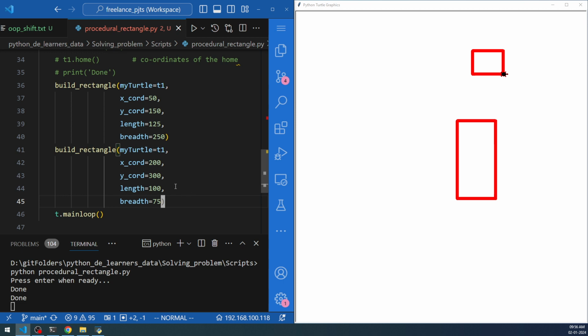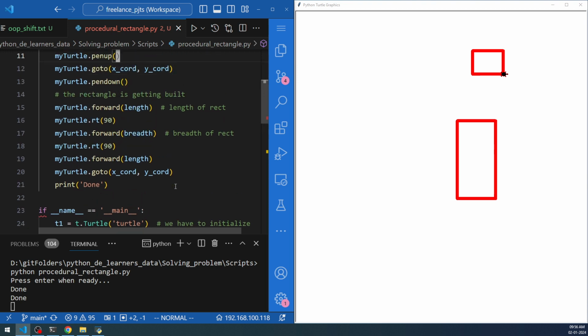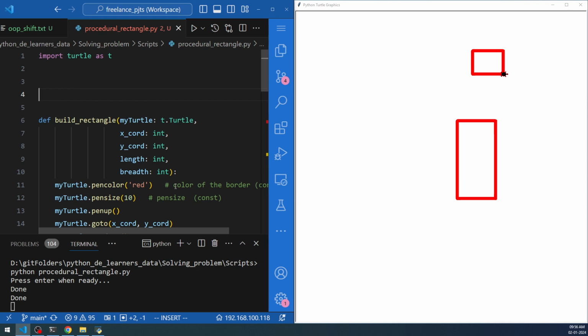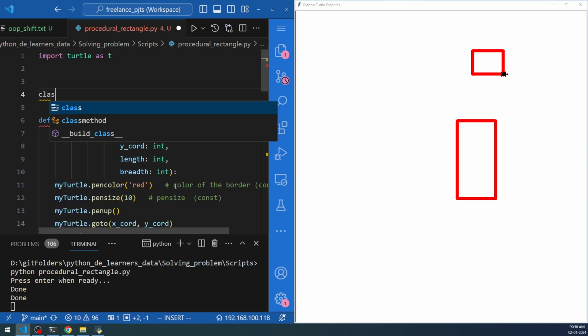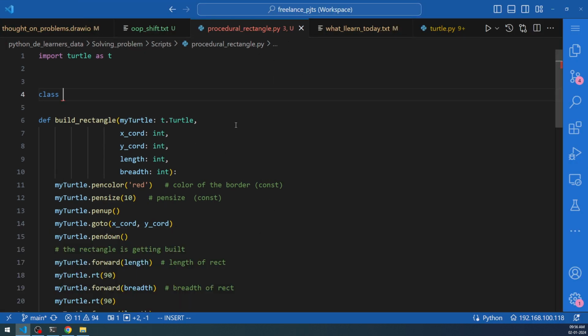Before that, we have to actually have a small primer on object-oriented programming. So this is the build rectangle that we have done, and we are going to now start working on creating a class. In order to create an object, we are now moving into the object-oriented implementation of this turtle rectangle creation process. So for that, we have to create a blueprint of that rectangle. To create the blueprint of that rectangle, we have to use the keyword class,